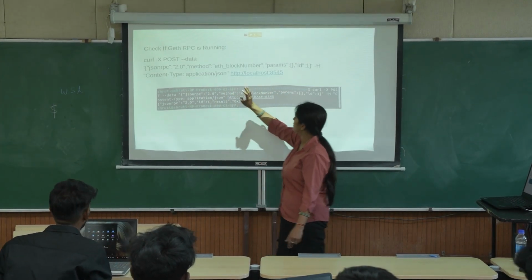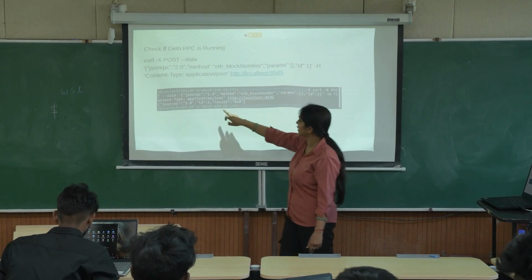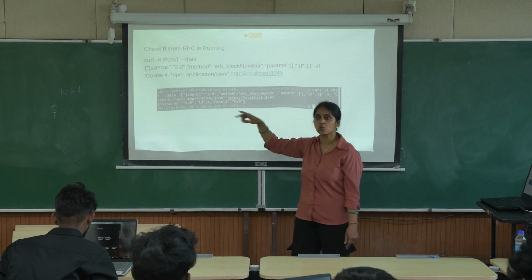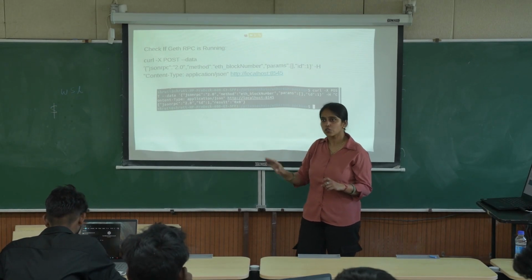Content type will be the same and we will connect to HTTP localhost. Then it will provide us the result 0x0, because whoever is running their node is getting peer count 0.